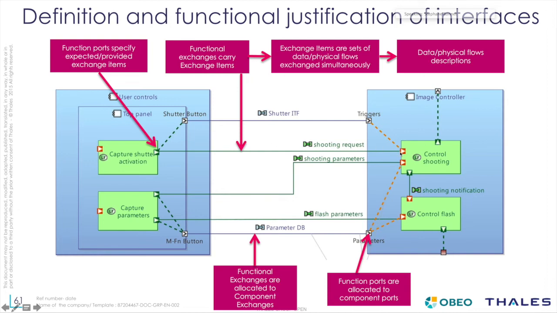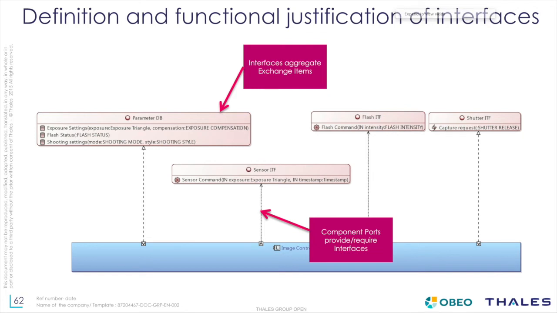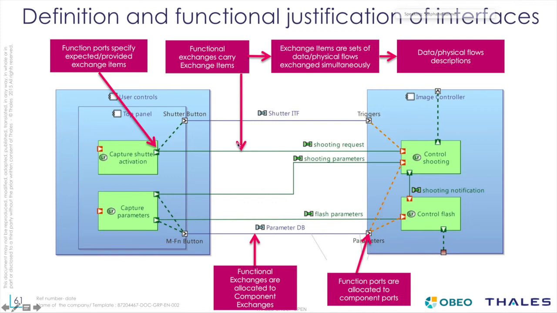So here we just worked on the functional plan. Then we move to the connections between the components. So we move to the structural plan, and we're going to allocate our function ports to component ports, and allocate the functional exchanges to component exchanges. The component ports that we see on these components provide and require interfaces, and the content of these interfaces is actually an aggregation of exchange items. And the exchange items that we find here in this interface are the exact same exchange items as the ones that were